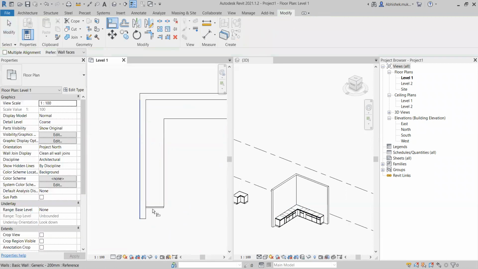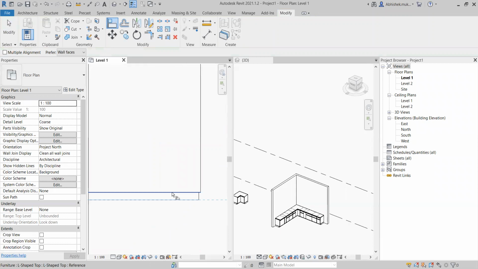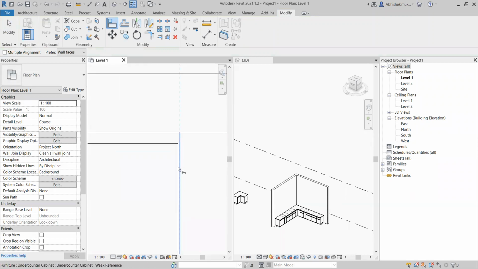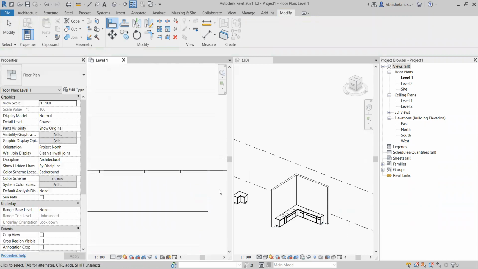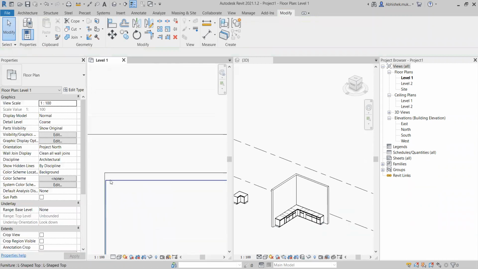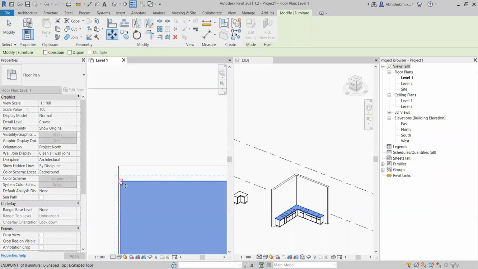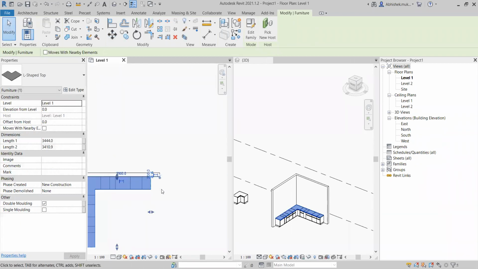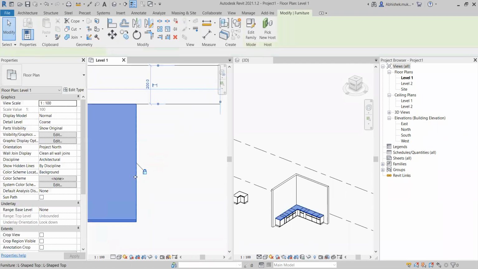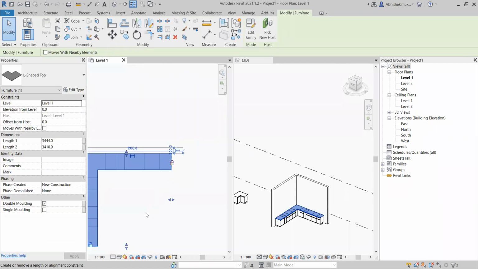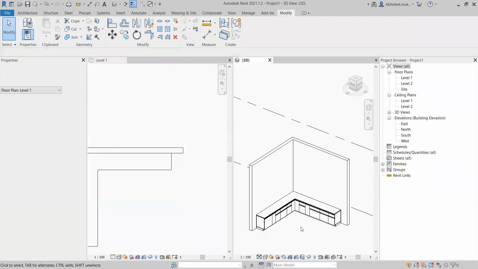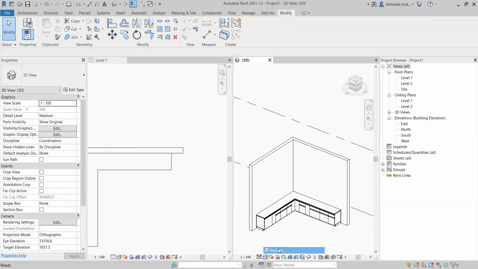Now obviously there will be some errors, so therefore I can just click here and then align, and then again click here and then align. If there is by default some gap over here, I can just place it over here first, and then I can, oh yes, this is already aligned to itself, and this is already aligned. So now looking at this cabinet in a realistic view.